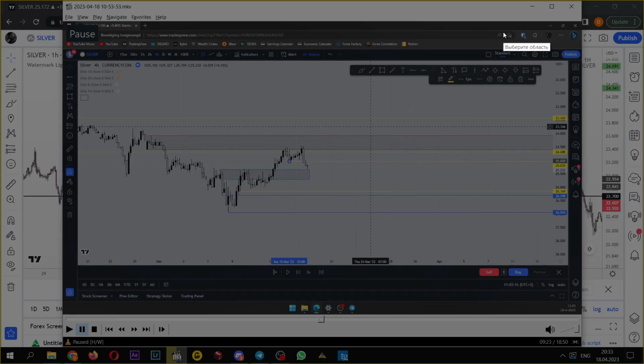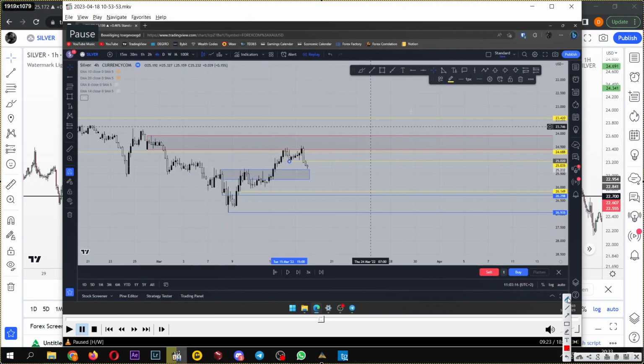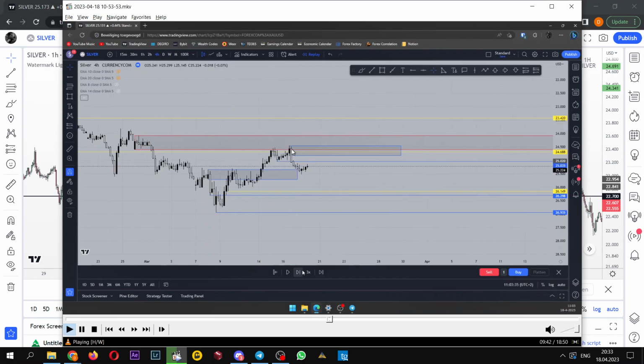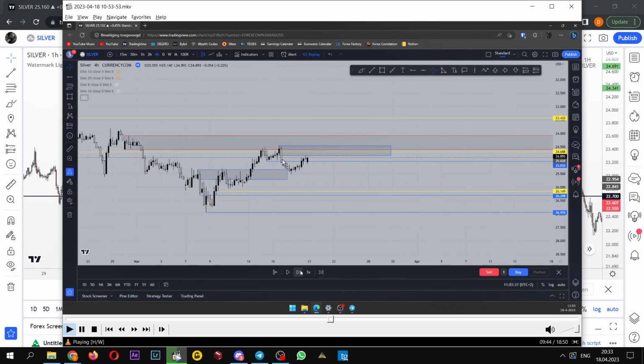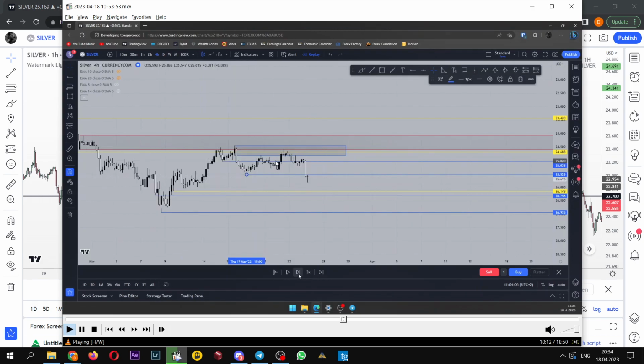Also make sure you understand structurally that you have this break. Oh, you see, sorry, this is like your daily zone. Yeah, that's fine. Oh yeah, this inside structure break, but that's fine, especially on higher time frame. So if this is a tap, this should be already your entry if you consider this zone. So again, not sure why you didn't enter here or here. So if this was your zone,